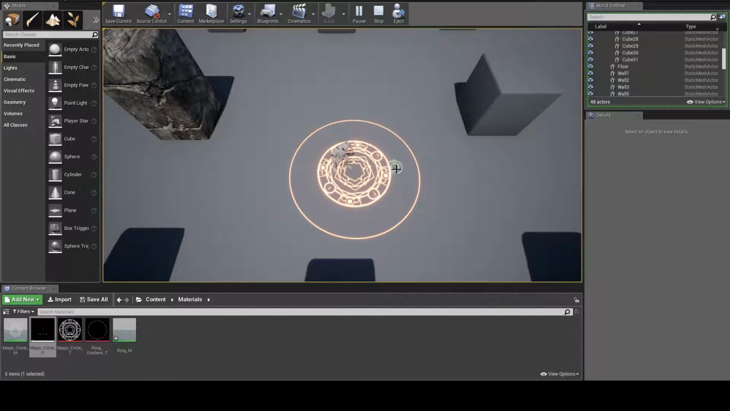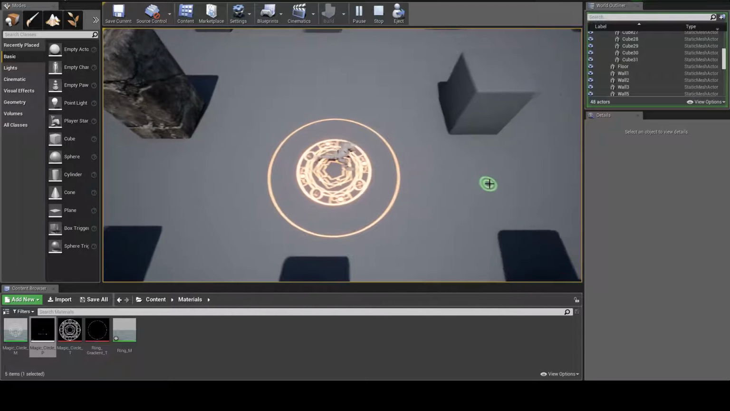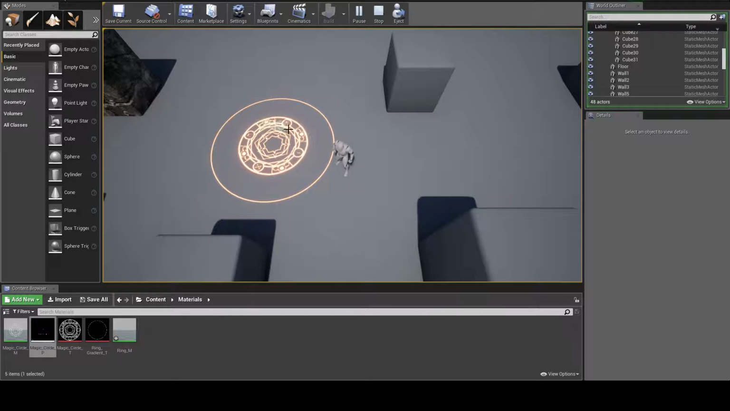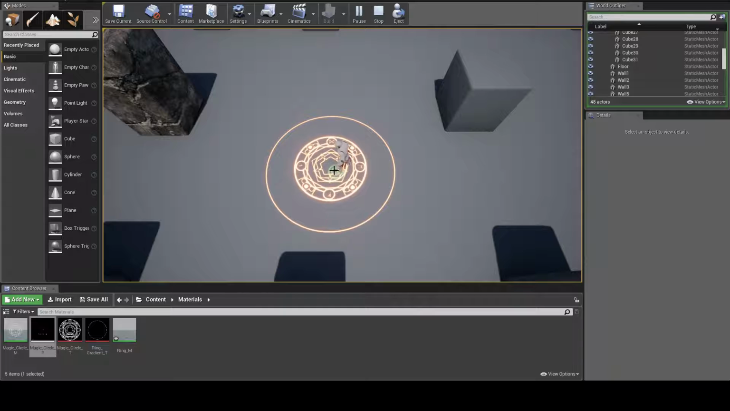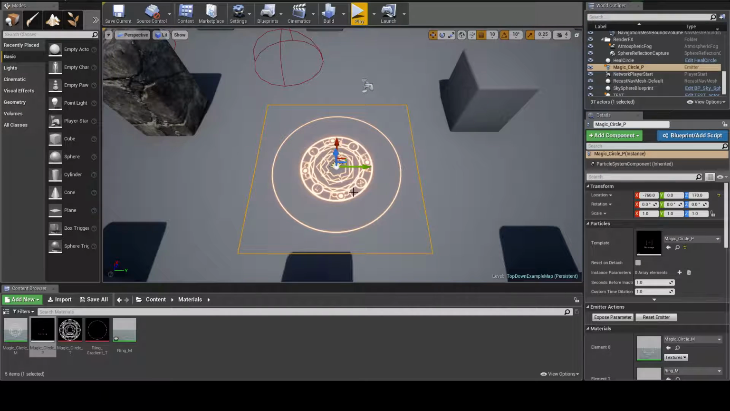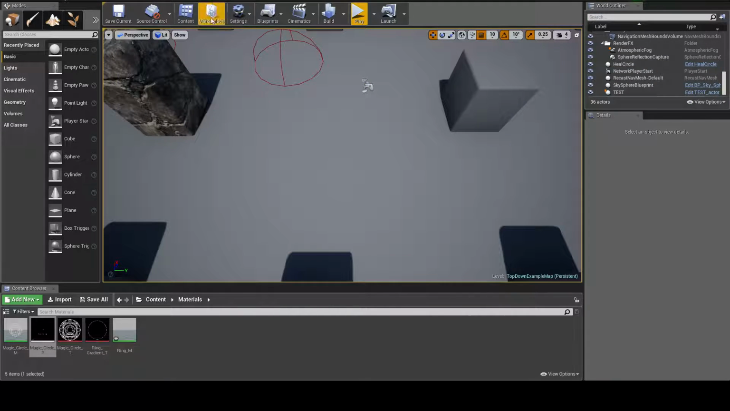Props to whoever made this little pentagram art thingy. Thank you for letting me steal it, but that's not what we're here for. We're here to see the implementation. So no more static, stupid little circly thing. Let's do,